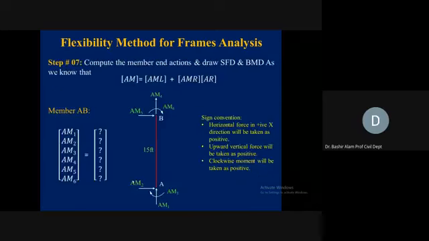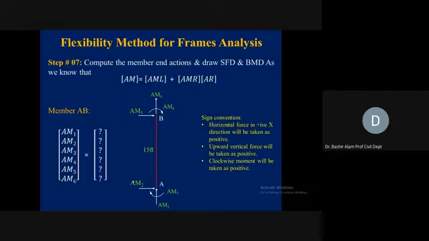Now let's find out the member actions by using the matrix approach. Again, if you understood the beam method, it should be easy to find these member actions. Initially we need to fix some positive directions, and I prefer to select upward, rightward, and clockwise as my